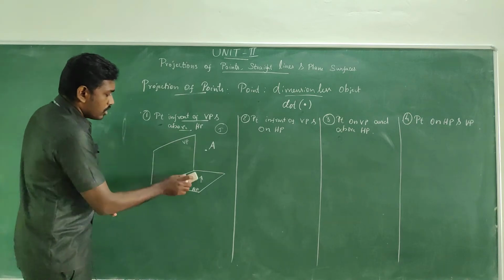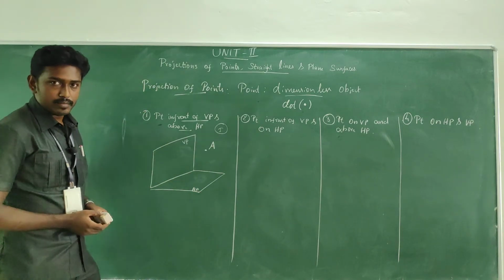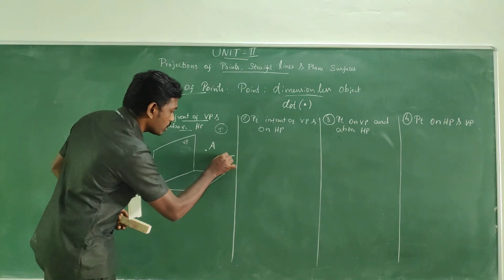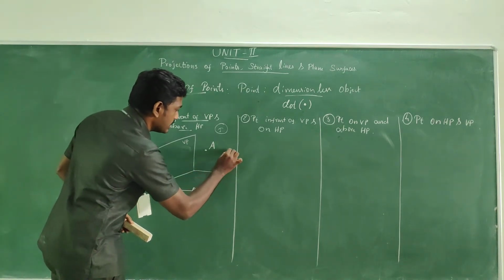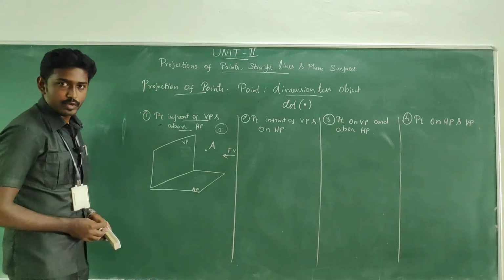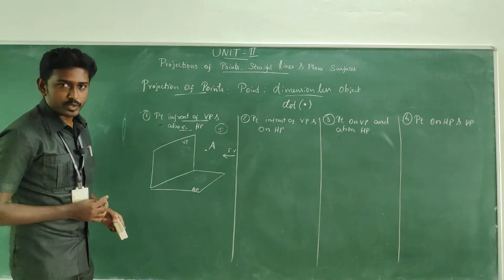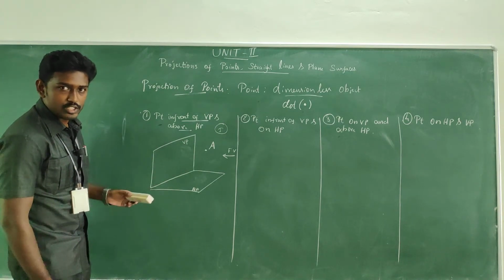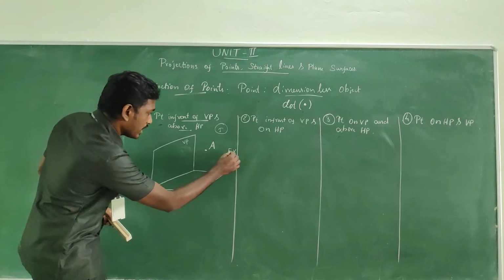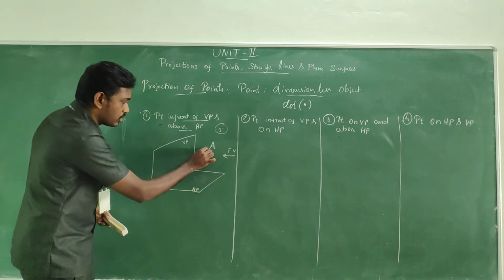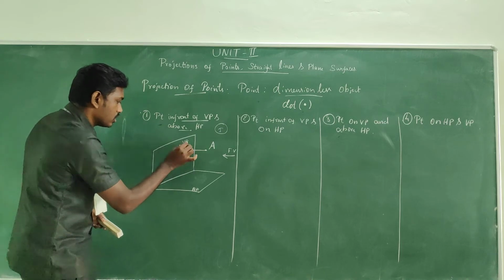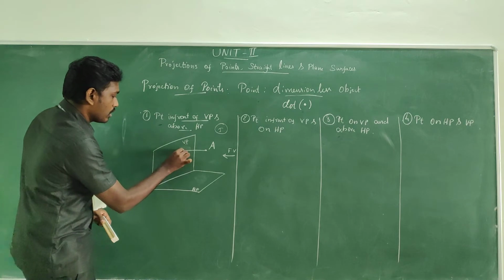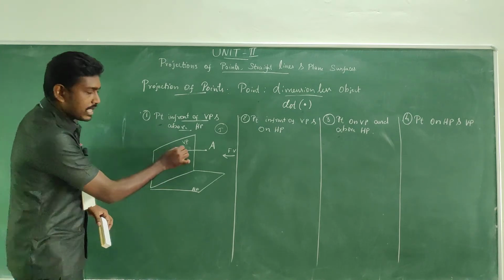Fine. So if you are taking the projection, you have to look from this direction in order to get the front view. So this is the observed position for the front view. We are familiar from the orthographic projection concept, just throwing an image over a plane, right? That is known as a projection. So if you are looking from the front, its observation will be just thrown on the VP plane. So this is the projection for the front view.